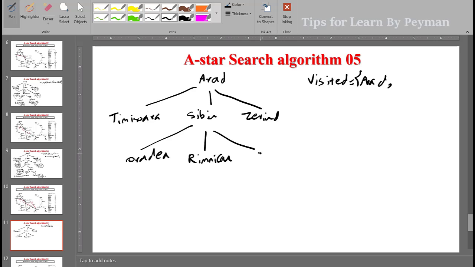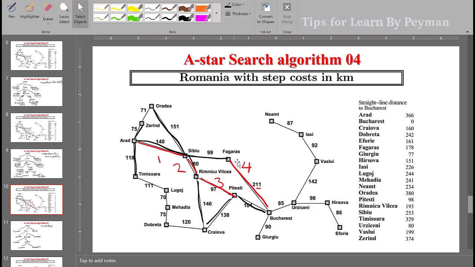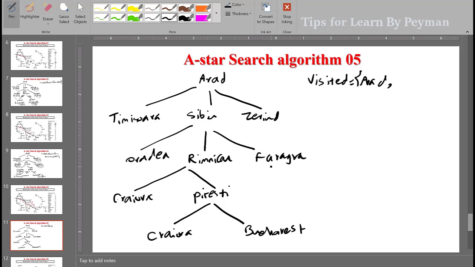We have the Fagaras. We have here Rimniju. For Rimniju we have Pitesti and Craiova. And from Pitesti we have the Craiova, and here we have the Bucharest here. And from the Fagaras, as we mentioned, we have a direct way to Bucharest, so I just make this